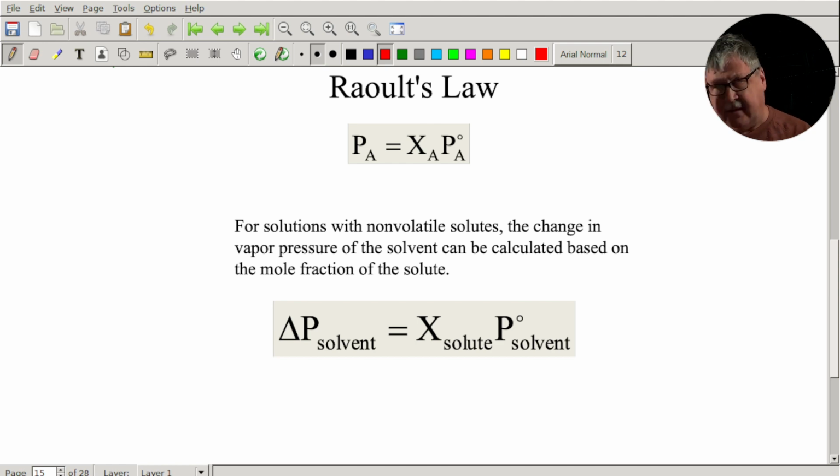All right, so let's look at these colligative properties in turn. And again, there are 4 colligative properties in total. We're going to focus on the 3 later ones. We will talk about Raoult's law, but we won't do a lot of calculations associated with it. All right. So what is Raoult's law? It's very simple. The vapor pressure over a solution is proportional to the mole fraction of the solvent.